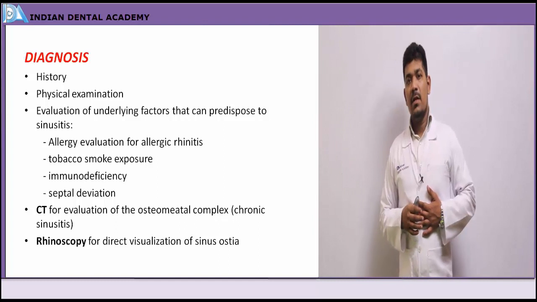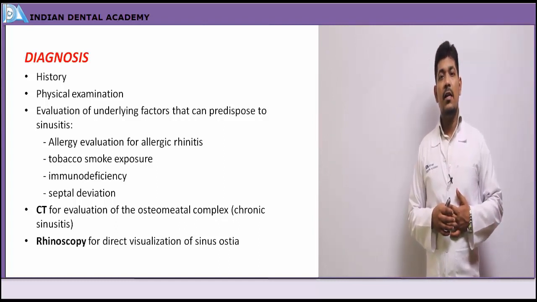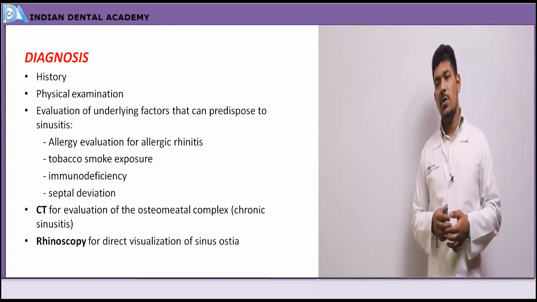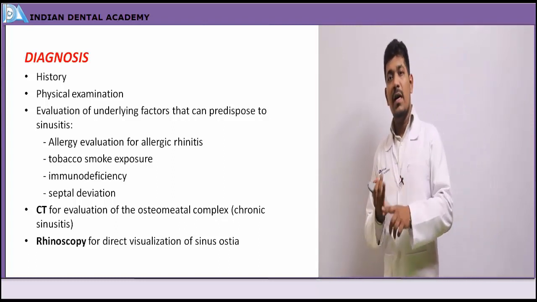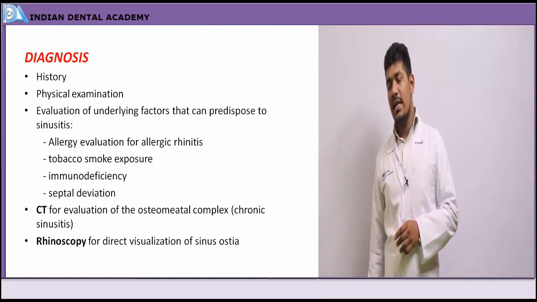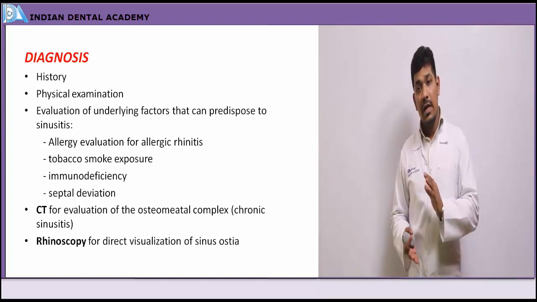Apart from the physical examination, there is also a need to evaluate the underlying etiological factors responsible for sinusitis, starting with allergic evaluation for allergic rhinitis, tobacco smoke exposure, immunodeficiency,